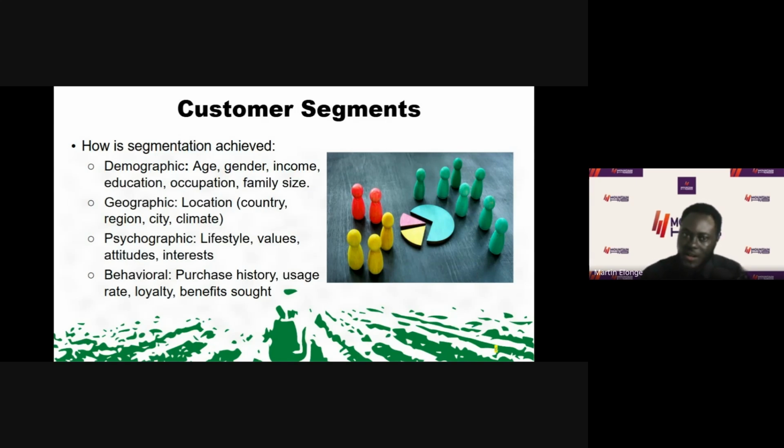You understand the occupation. Okay, you're a farmer. Beyond that, is there another thing you do? Because that can lead to an increase in income that can help them to be able to purchase what you're selling, your product or your service. Maybe it's consultancy, it's agri-tech consultancy. What's their family size? Do they have a large family that they have to feed, or it's a one-man agri-tech guy? All of these have the power to drive the end result of your product, and